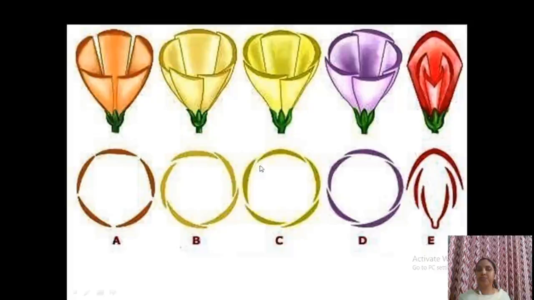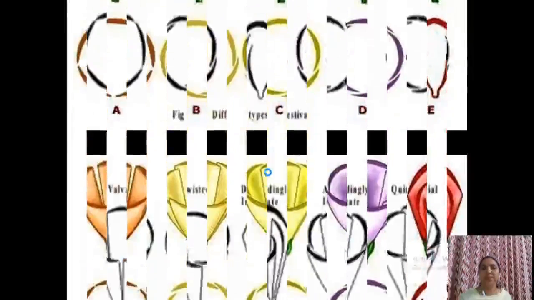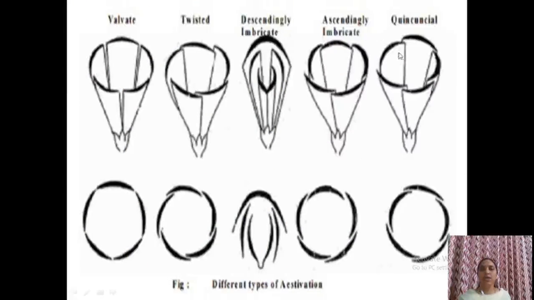What about here? The posterior petal is completely inside. Others are out, out like this. This you can call ascendingly imbricate. So this is a type of imbricate aestivation. So these are the 5 common types: valvate, twisted, then what is this? Imbricate, then this is quincuncial, and this is the vexillary or descendingly imbricate aestivation. So you should study this very well. Clear? One more picture to show ascendingly imbricate and descendingly imbricate. See, ascendingly imbricate: posterior petal inside, the other petals outside, overlapping, again outside.